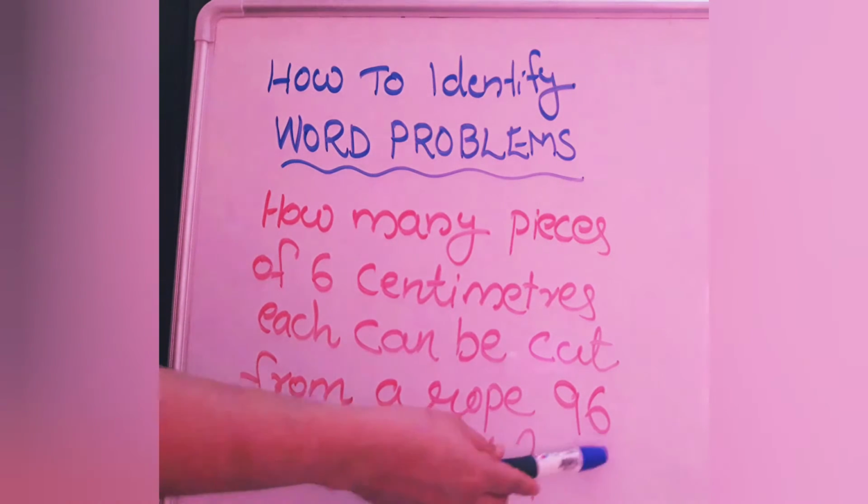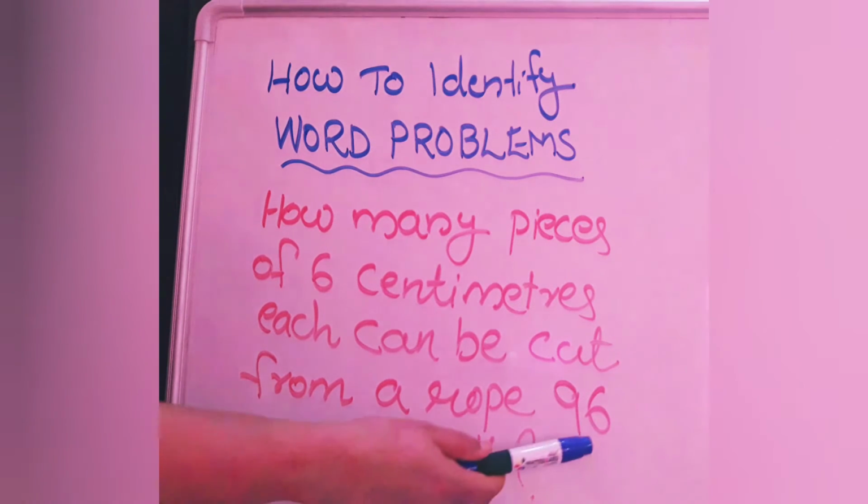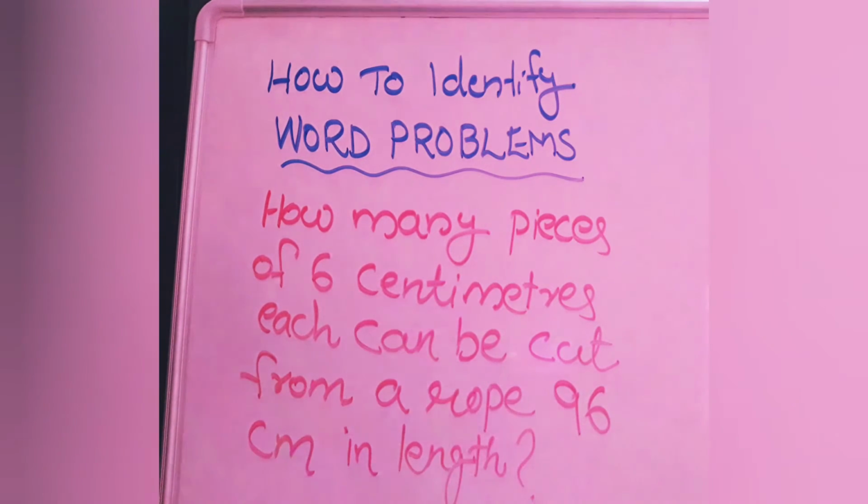How? Total length is also given, only the total length is given, 96 centimeters. I told you a total is given first. 96 centimeters total. And we have to cut it as 6 centimeters each. So a rope's picture should be there in your mind. A rope. Then you have to think from the 96 centimeter length, I want each piece as 6 centimeters. Then how many pieces can be cut? When you do division only, this is possible.